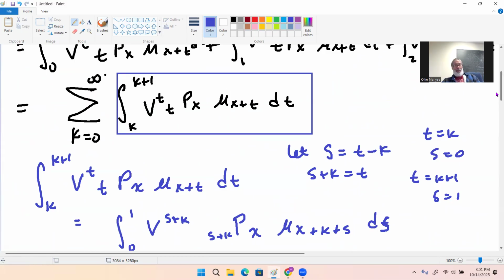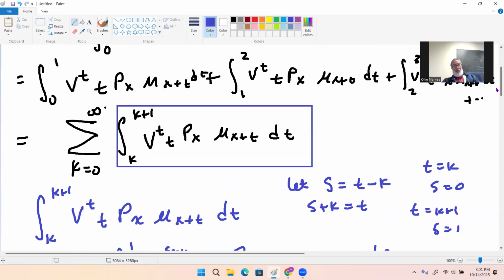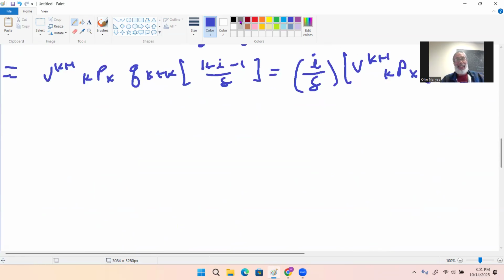So what we just calculated goes in this blue box here. So what we actually have, and let's just write the actual formula here, is approximately equal to the sum